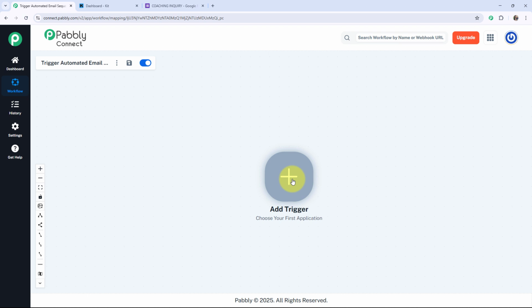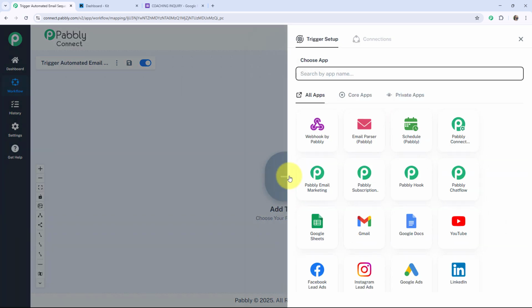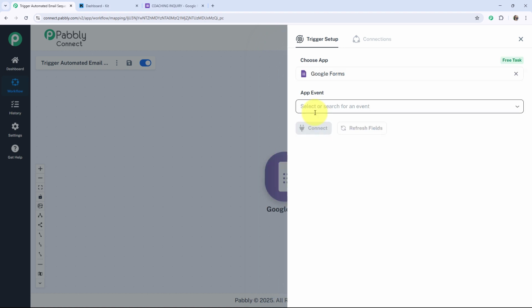So for selecting a trigger, firstly we have to click on this plus icon over here, and now we have to search for Google Forms. We will use Google Form as a trigger as we want our customers, when they fill the Google form, automatically their data will be fetched in the Google Sheet and that data will be transferred to our Kit and add a new subscriber. So firstly we have to select the app event from here, that is new response received,